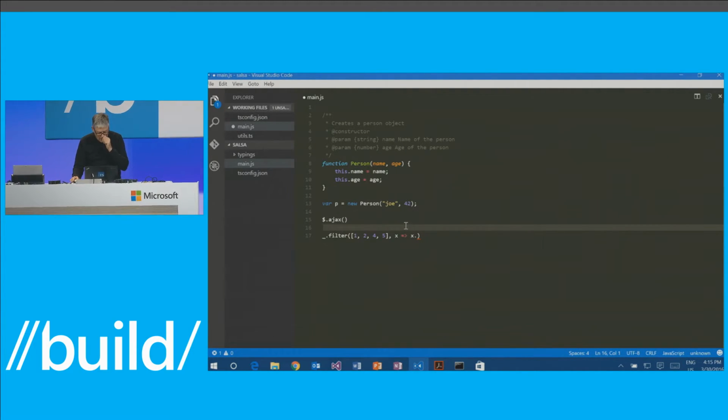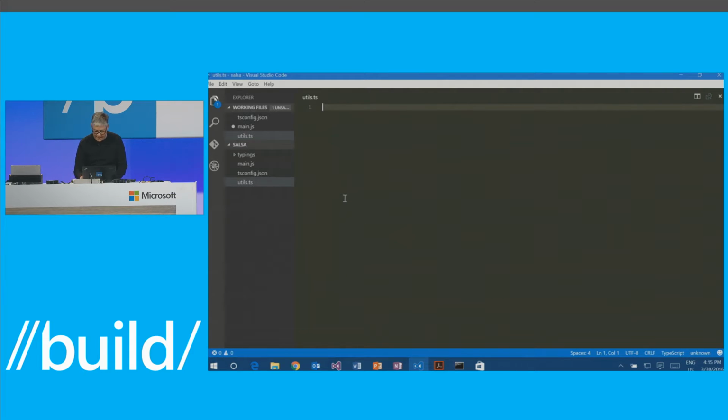Okay, I wanted to show how in a project like this here, for example, we can actually even mix the two types of files. So I could add a file called utils.ts. And now in here, I could say function makePerson. And then I could say return new. And look, we actually know about this person constructor that you wrote in JavaScript, and we know what its parameters are. And this time, we will actually check. And if you pass it the wrong things, we're going to whine at you and say, no, no, no, no, you need to pass a name, and then you need to pass a number, and then we're good.